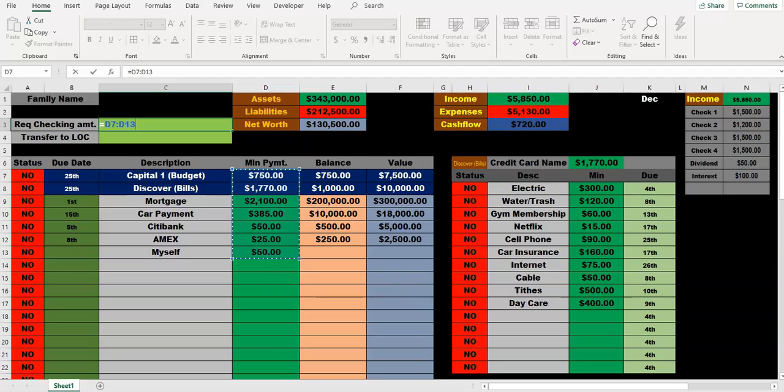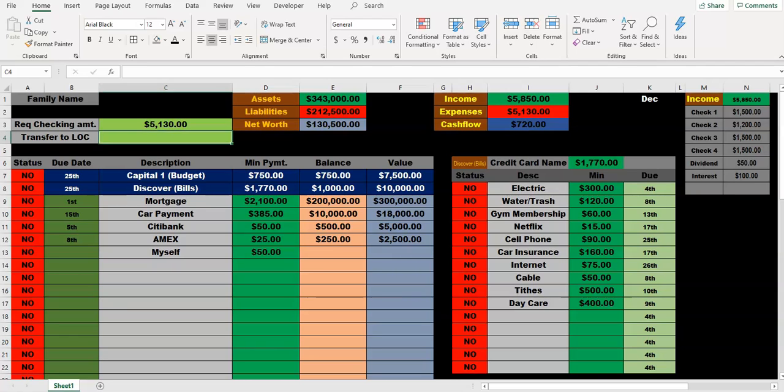So this will be actually equal the sum of these categories right here. So let's make this the transfer to the line of credit. This is a lot of payments here. Well, we'll actually transfer to the line of credit is going to be,